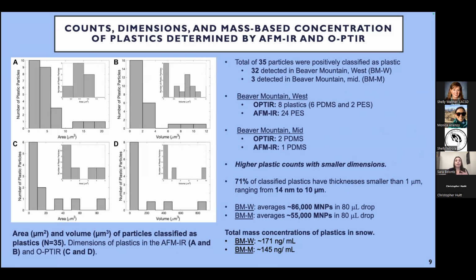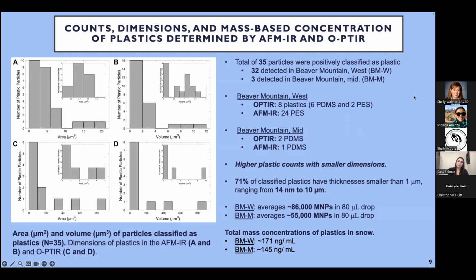So just to break these down a little bit based on instrument, because as we know, the OPTIR instrument looks at particles that are larger than 500 nanometers. OPTIR identified 8 plastics, 6 of which were PDMS and 2 polyester. And the AFMIR found 24 polyester particles. And these are, of course, in various sampling locations in the 80 microliter drop. And then in the Beaver Mountain Mid sample, the OPTIR identified 2 PDMS particles, sorry, and then the AFMIR